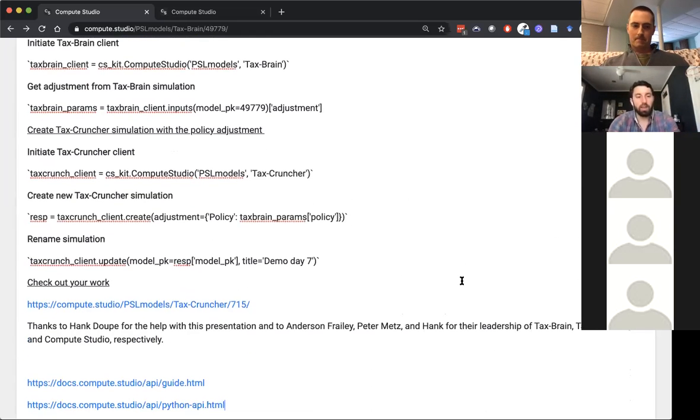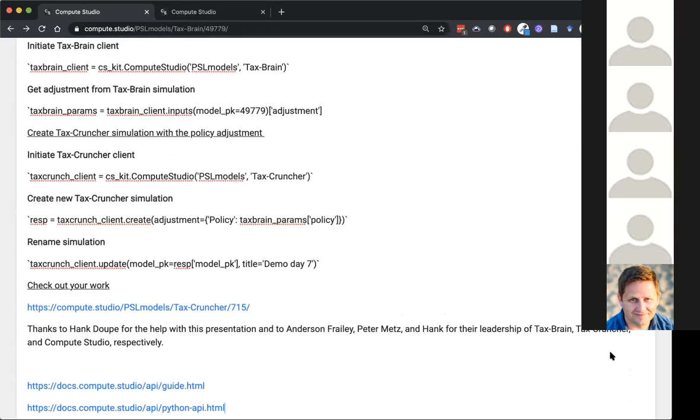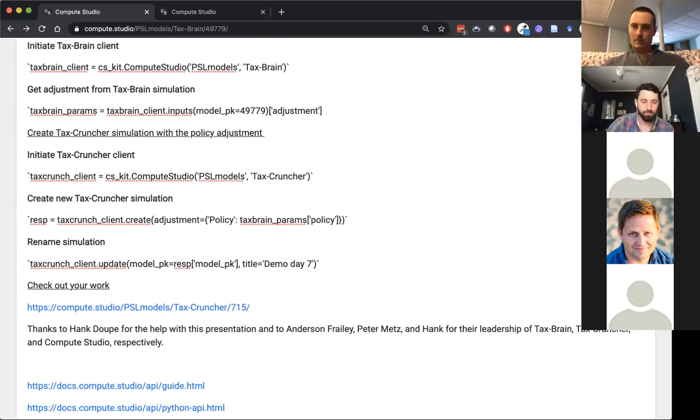All right, thanks. I have a question. Yeah. This is Rick. Are most of the other models just going to interact in a similar way, though, through the API? I mean, can we use this as a template for using the other models? You can use this as a template for the other models when there is alignment between the way the